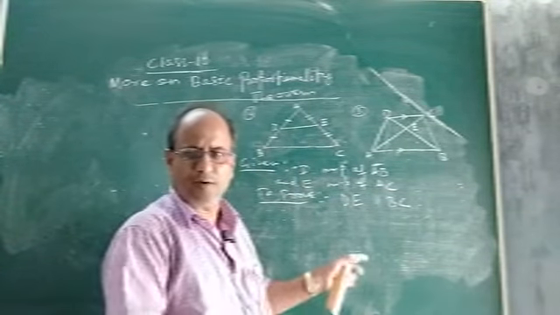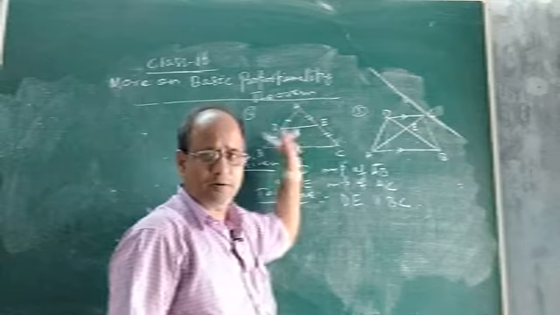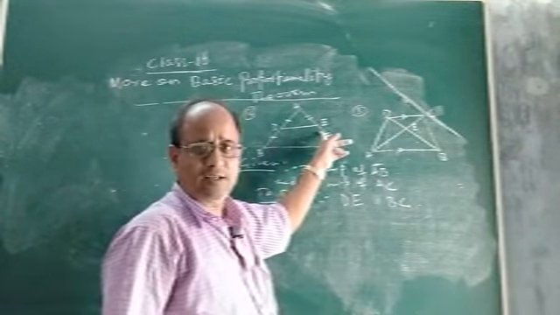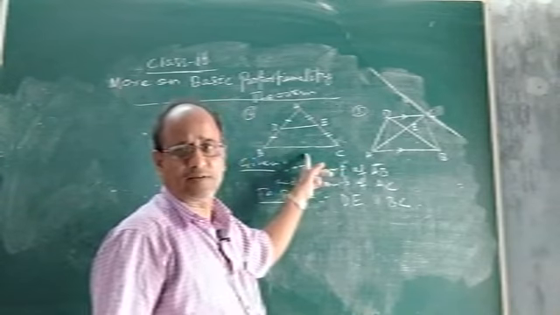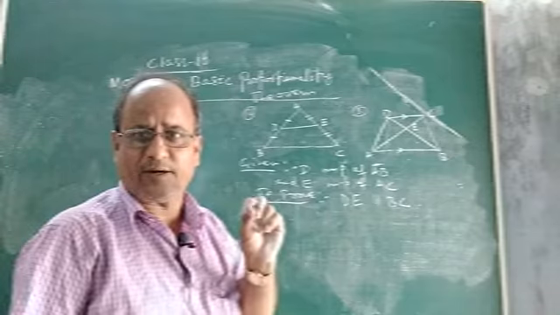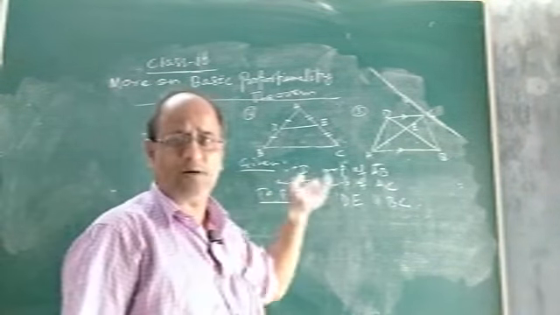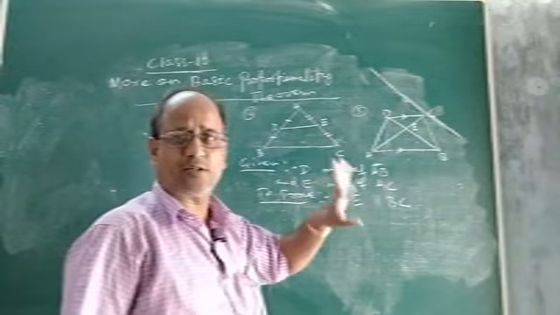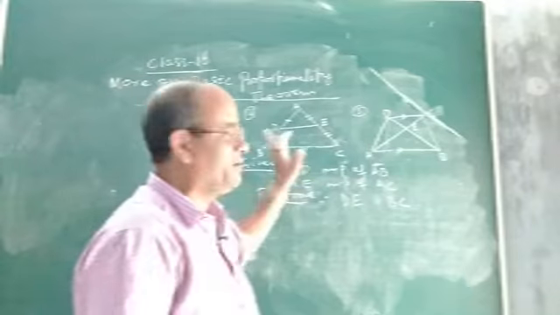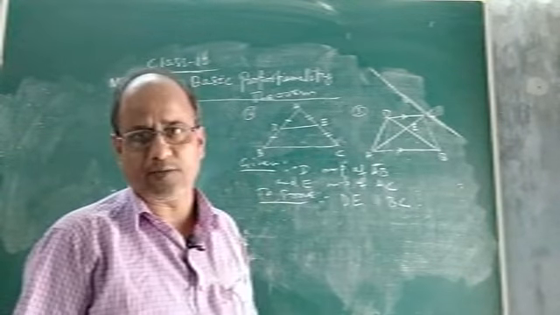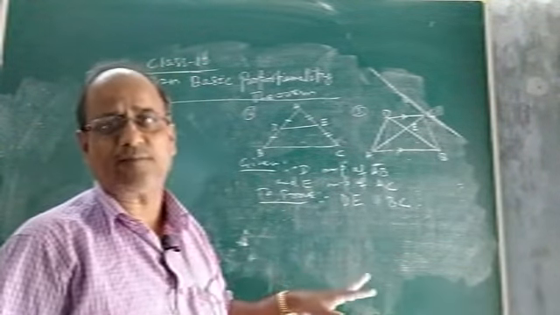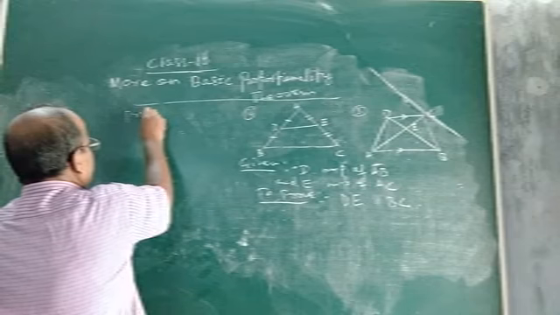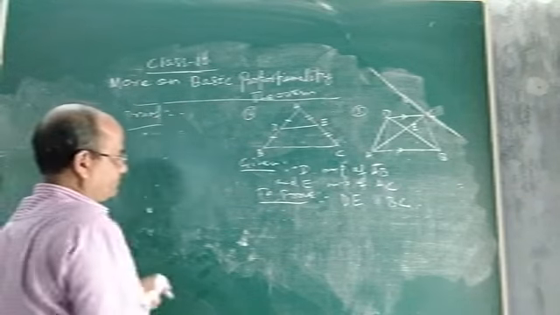Suppose we will prove that if D and E are midpoints of AB and AC, then the line segment DE will be parallel to the third side BC. That means what is the statement? The statement is the line joining the midpoints of any two sides of a triangle will be parallel to the third side. How to prove it? Using the concept of Thales theorem. Let us see. Very simple. You can easily do it. So see how to prove, children.